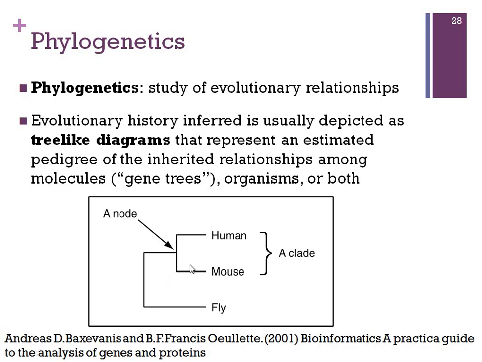We have the branches that arise from a common point called the node, and the end points of these branches are called taxa. Branches that arise from a common node are called a clade. So the node that gives out all these branches is referred to as the ancestral point.